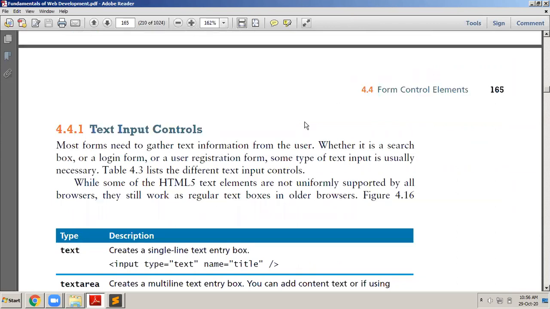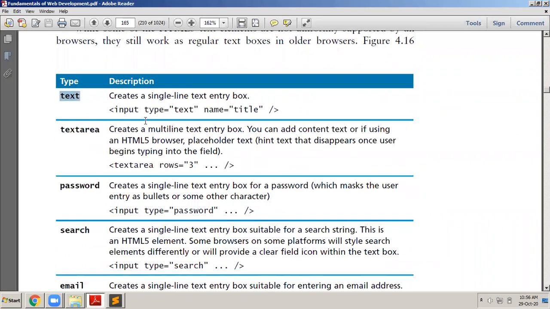For example, let us say you want to ask the user to enter some sort of text, you are asking the user to enter the name. Do you think a radio button will be helpful there? Of course, you cannot use a radio button to ask the user to enter his name. There is no place there to type. Radio buttons don't allow you to type anything within themselves. The best user control appropriate would be a text field or a text area.